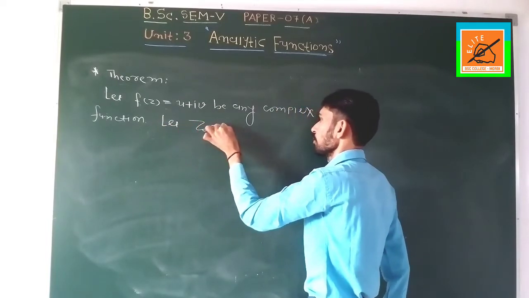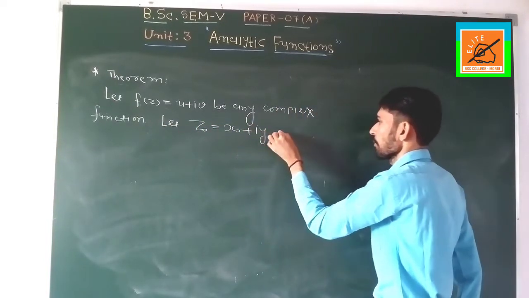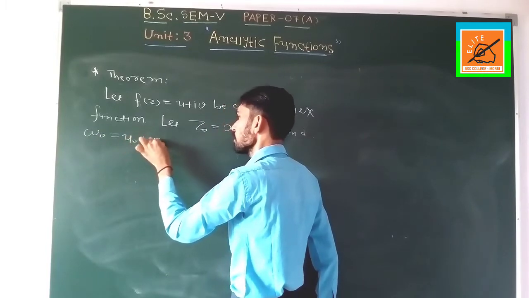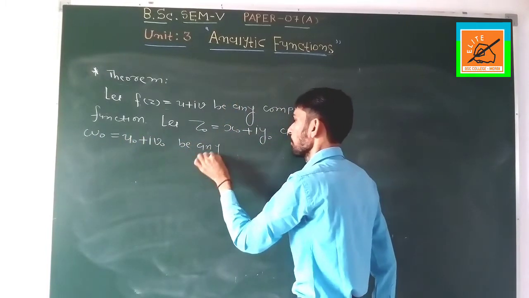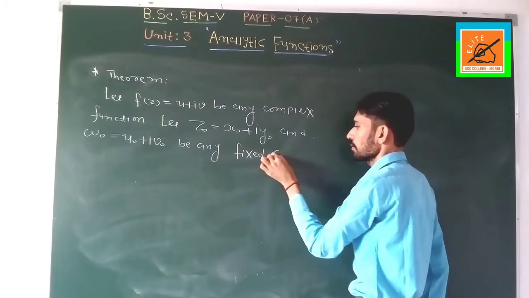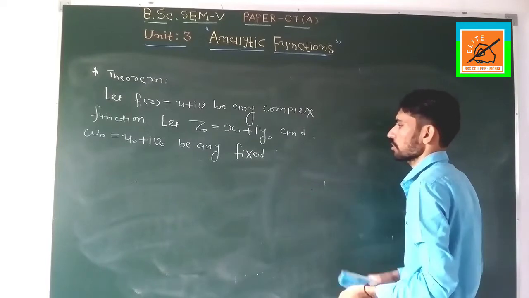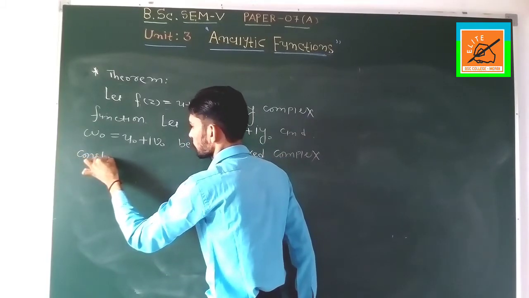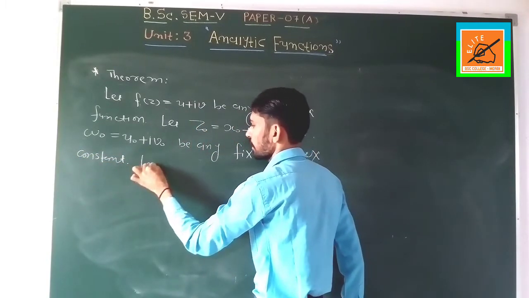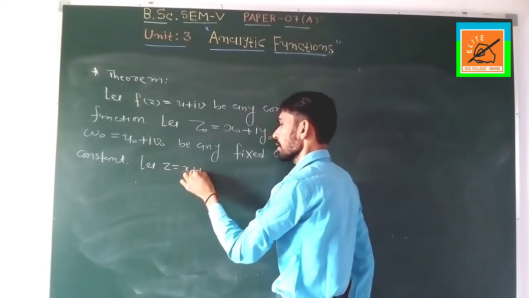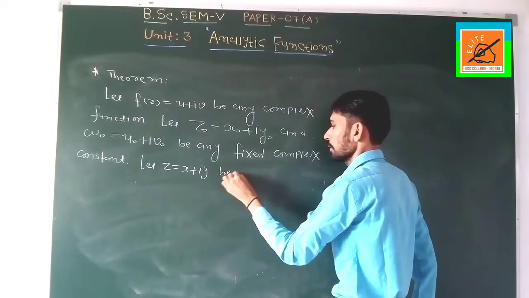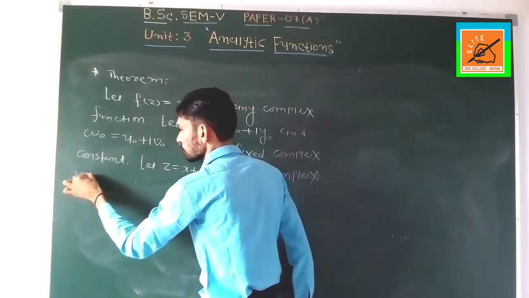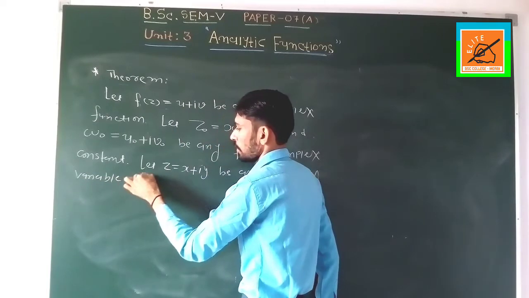Let z0 is equal to x0 plus iy0 and w0 is equal to u0 plus iv0 be any fixed complex constant, and let z is equal to x plus iy be any complex variable. Then